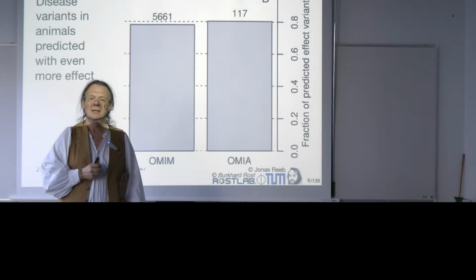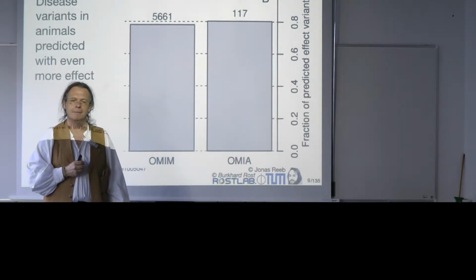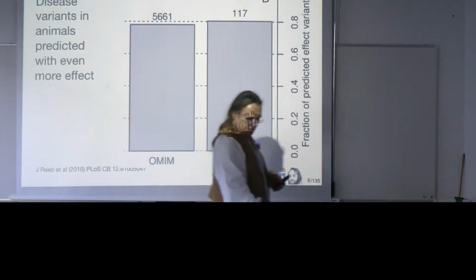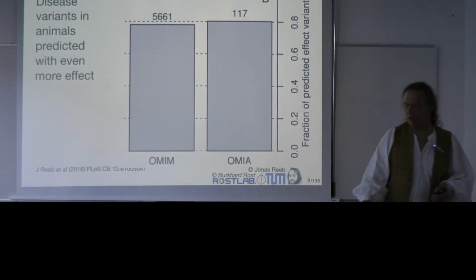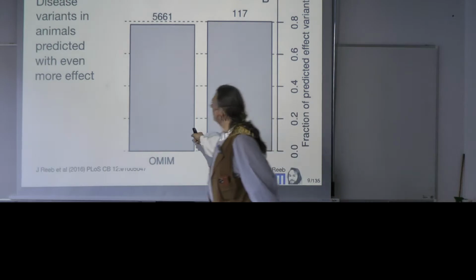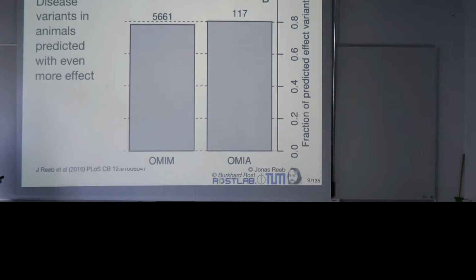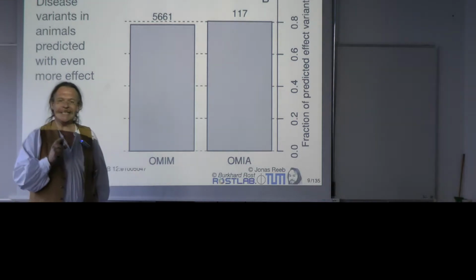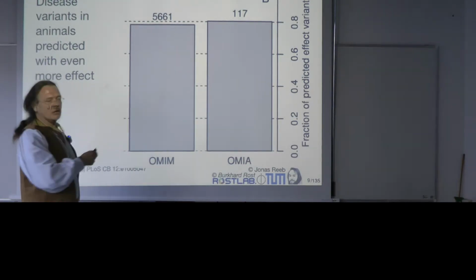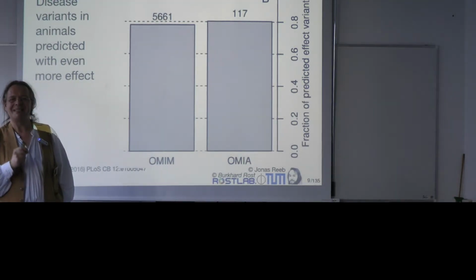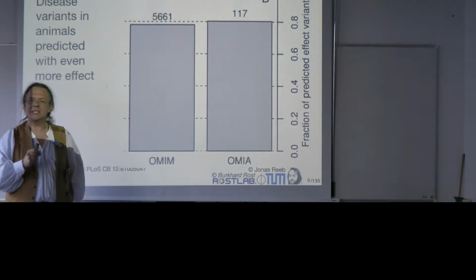I have actually two more questions. What's the gene we're looking at in this plot? So let me put that differently. I cannot quite remember the number, but I believe we are looking at something in the ballpark of 2,000 different genes here. In these 2,000 different genes, we have 5,661 SAFs, so individual amino acid changes.